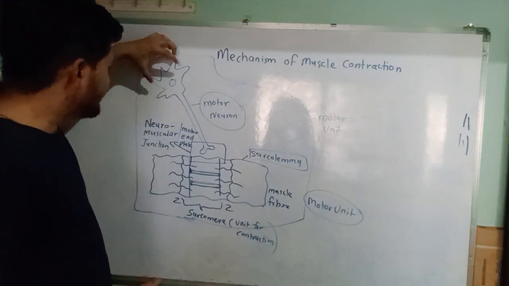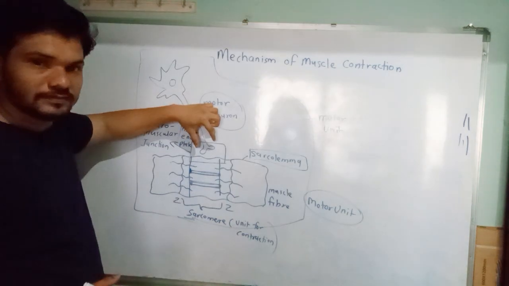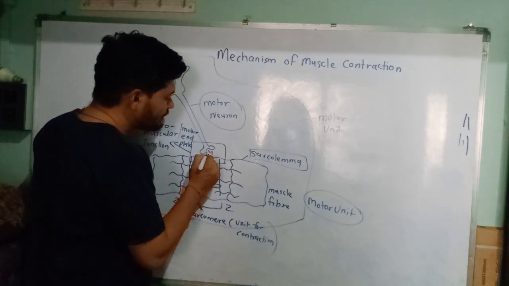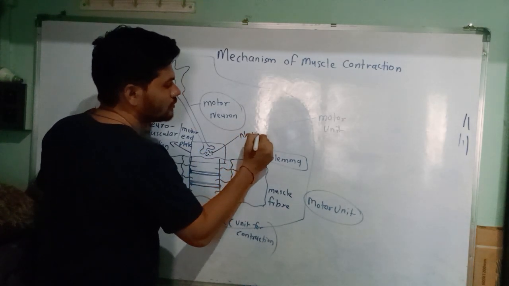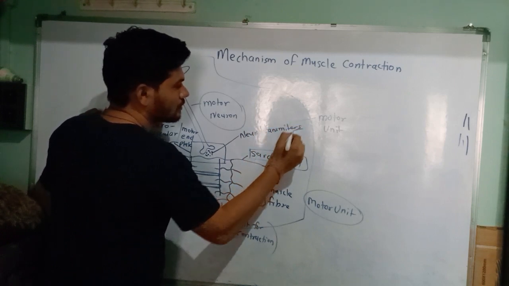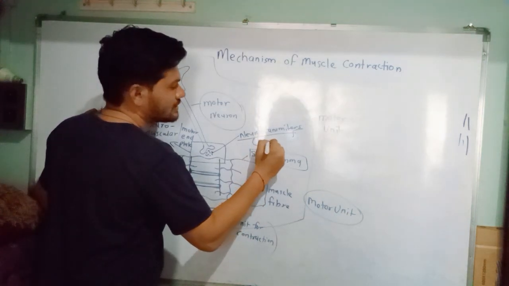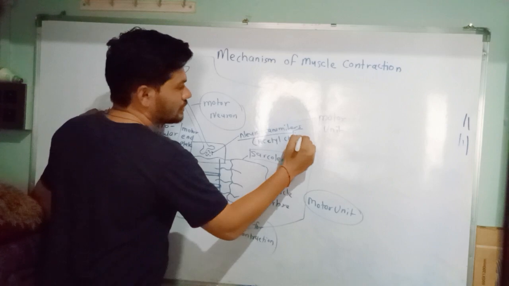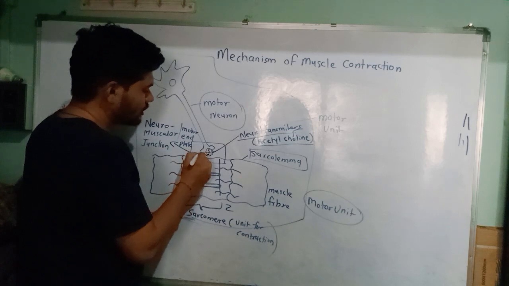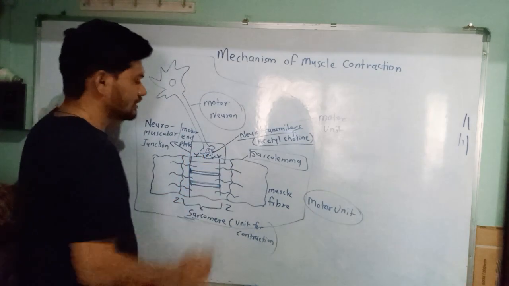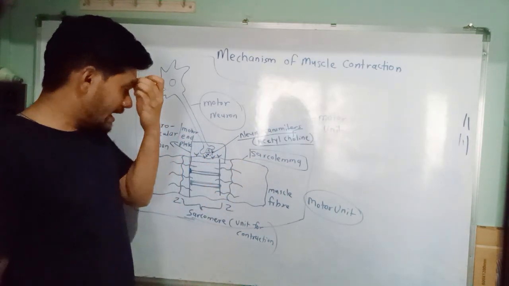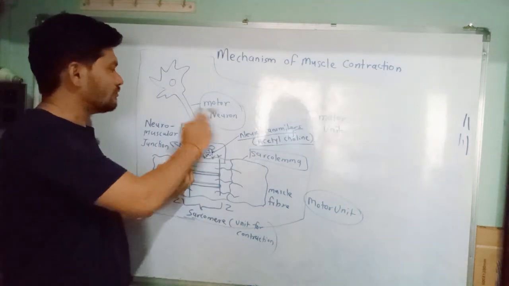How is it happening? The motor neuron sends signals to this muscle to contract with the help of neurotransmitters, especially acetylcholine. Acetylcholine is a neurotransmitter which is sent to the neuromuscular junction, where there are receptors for this acetylcholine. So as these receptors receive the acetylcholine from the motor neuron,